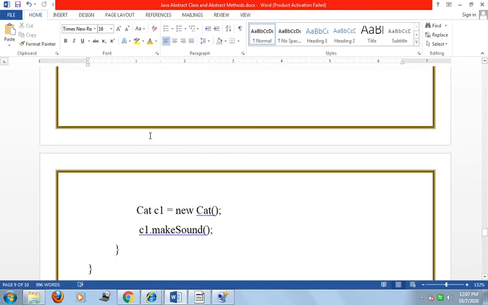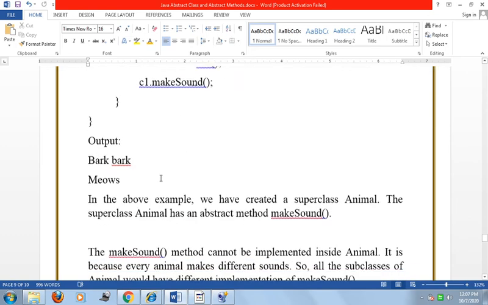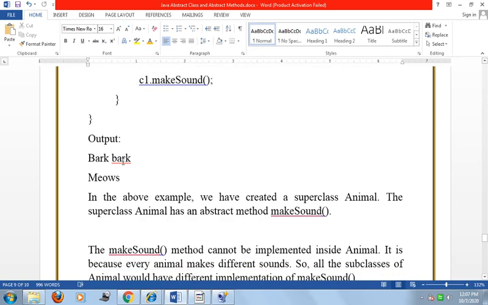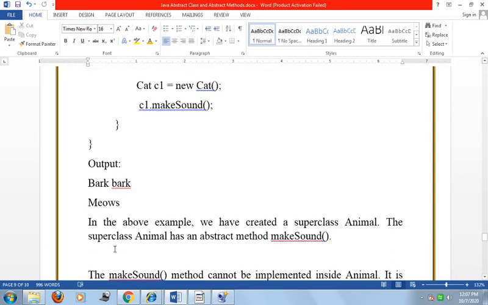First we create the object d1 of Dog and call d1.makeSound, so it executes the makeSound method of the Dog class and shows the output bark bark. Second we create the object of the Cat class and call makeSound, so it shows the output meow.